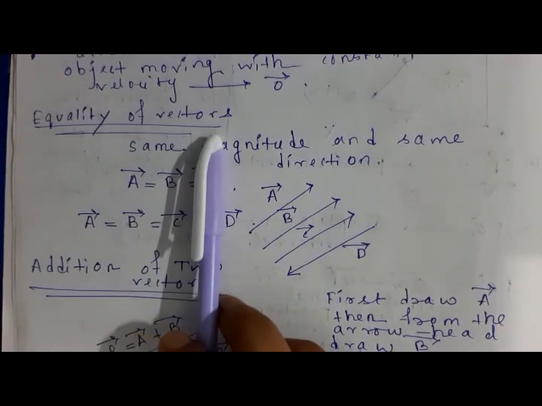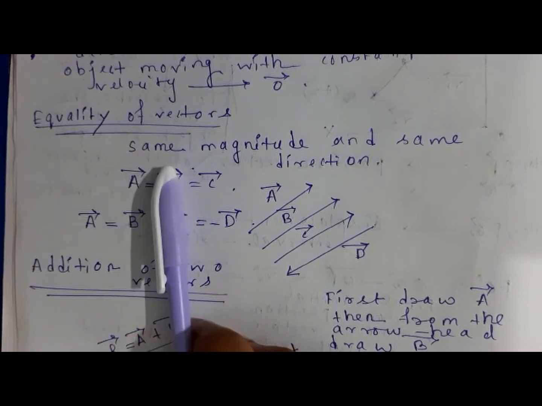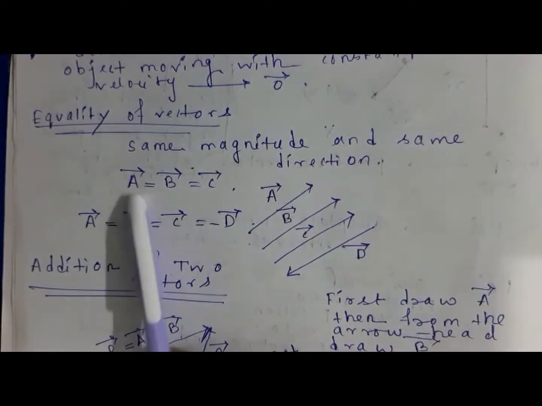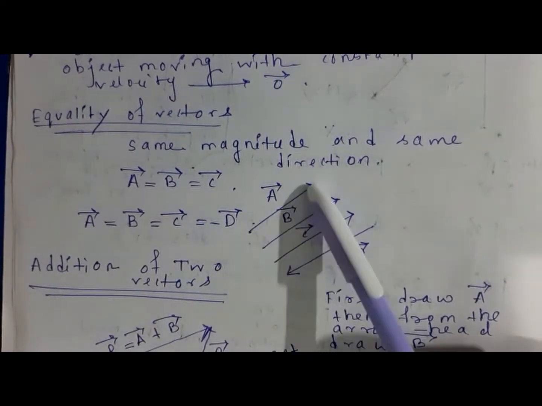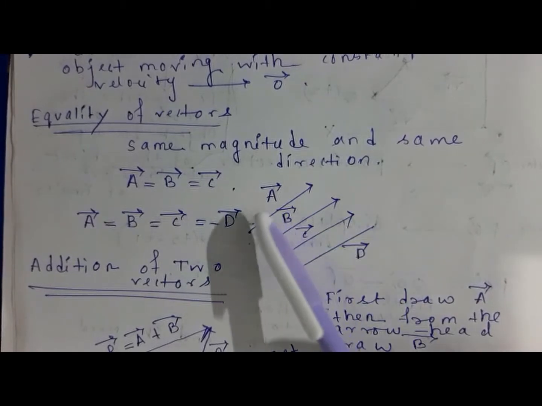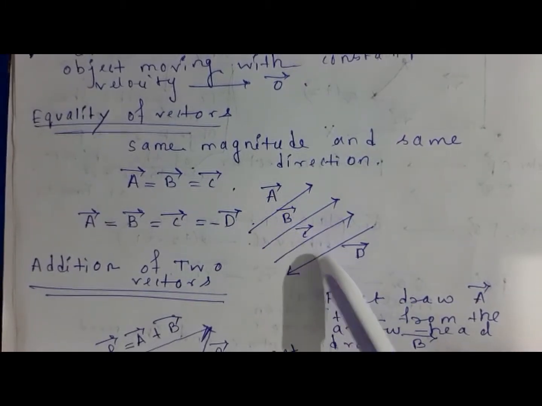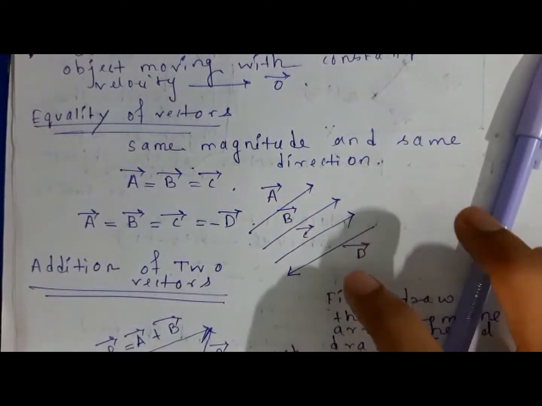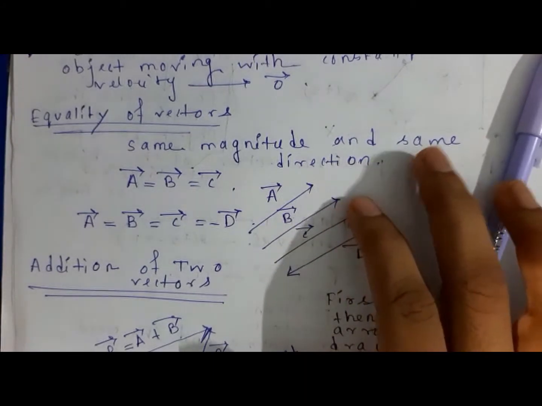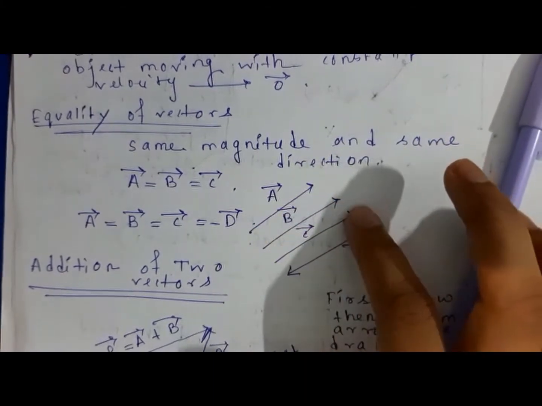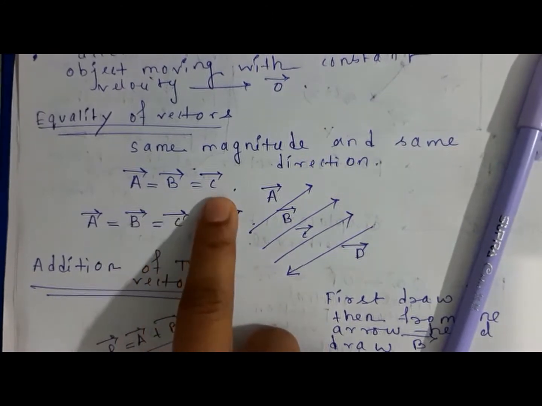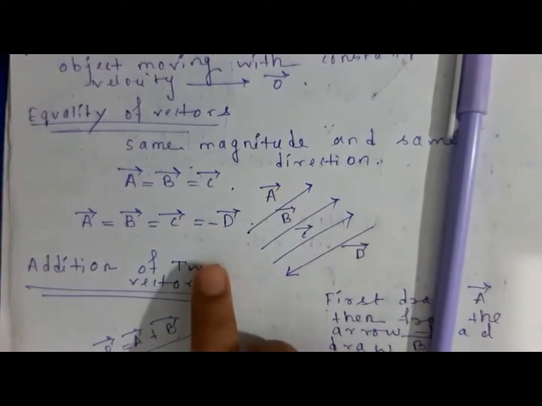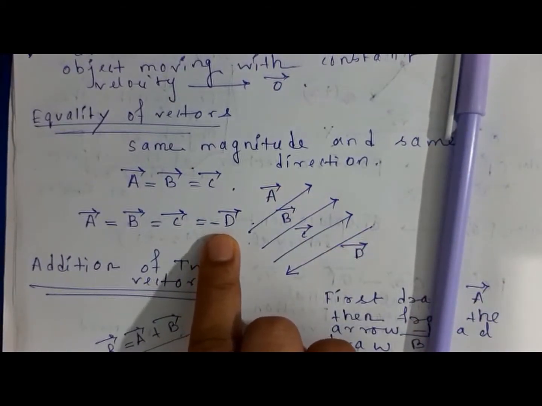Now come to equality of vectors. Equality of vectors is very simple. If you see there is same magnitude and same direction, suppose I have given over here my a vector, b vector, c vector and d vector. All are having the same magnitude, because the length of my arrows are all the same. And same directions: these three are in the same direction, so I have written a vector equals b vector equals c vector, but my d vector is in the opposite direction with respect to these three vectors, so I have given over here a minus sign to this.